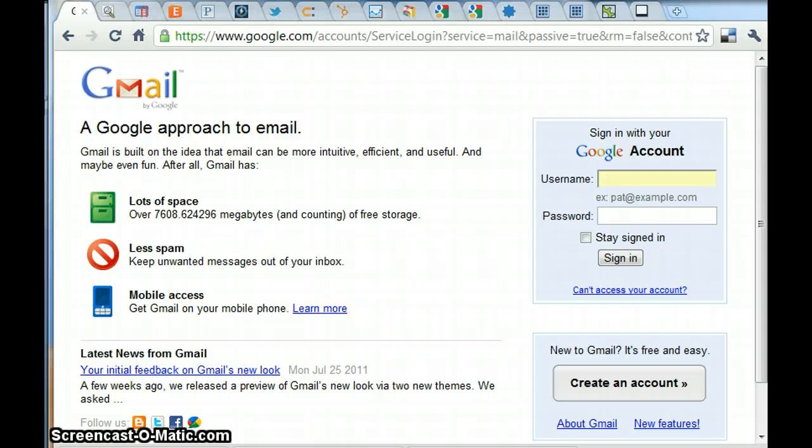We'll also talk about how to use filters, labels, and archives to keep your inbox clean without having to delete anything. And finally, we're going to discuss how to use search to quickly put any email you've sent or received right at your fingertips. So I'm at the gmail.com login page, and if you don't have an account, it's super